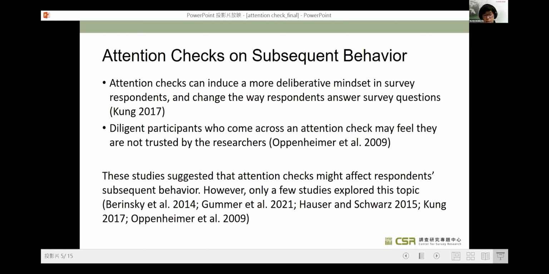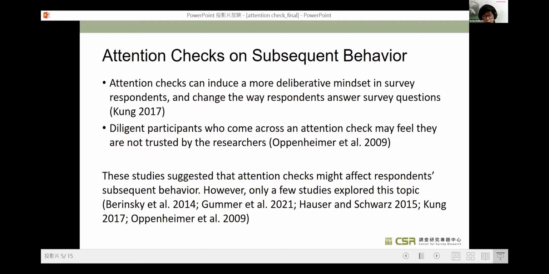Some researchers suggested that attention checks can induce a more deliberate mindset in survey respondents and change the way respondents answer survey questions. And also some researchers suggested that diligent participants who come across an attention check may feel that they are not trusted by the researchers. Based on these studies, a natural conjecture is that attention checks might affect respondents' subsequent responding behavior.